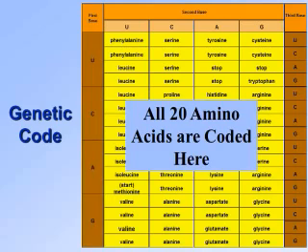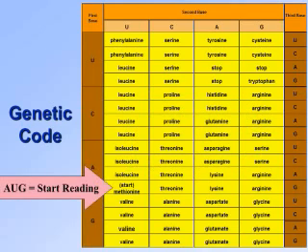All 20 amino acids are coded here, so that built into the DNA is a code for building proteins out of 20 amino acids. It's like a plan to me. In addition to that, as I already mentioned, there is a code that says start reading. That's AUG. You come across AUG, and it means start reading, and then keep reading. What else do you need, class?